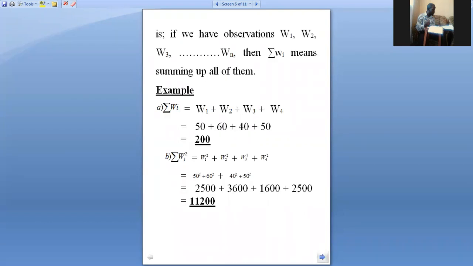So when they give you such an expression, summation Wi, it means sum up everything given. Just like you see here, since we have data on 4 observations, W1 up to W4, the summation Wi